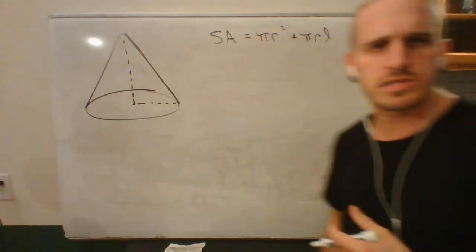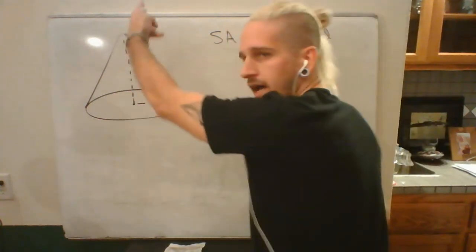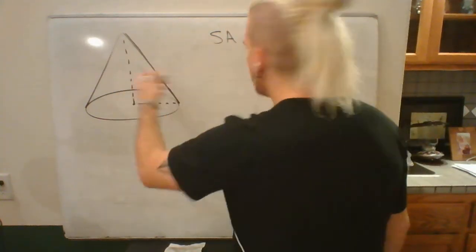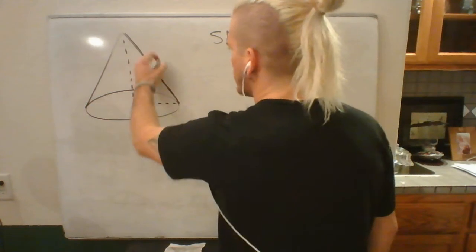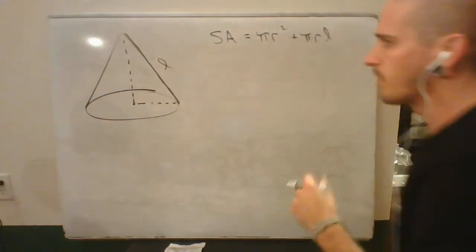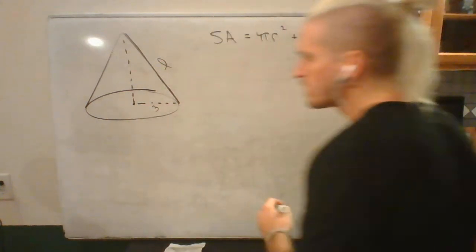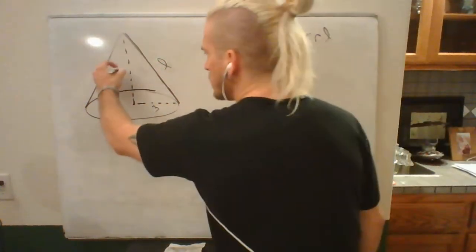L here is going to be what's called the slant height. Now, that's not the height straight up and down the cone. It's called the slant height. It's the height along the edge of it. So let's see here. Let's say the radius of the cone is 3 and the height of the cone is